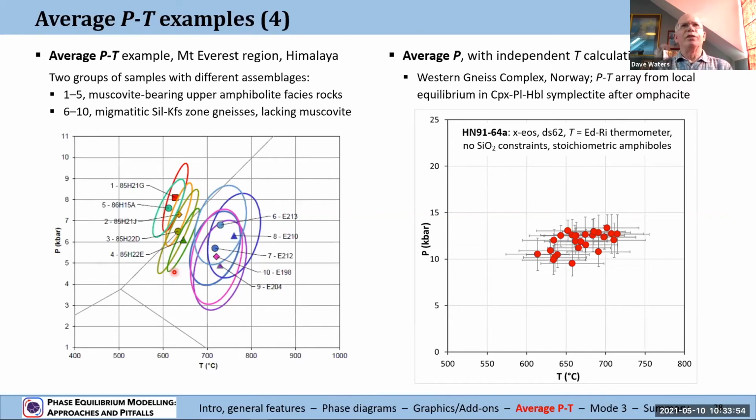This on the left, there's an average PT example. It's the one we saw earlier. And again, some ellipses on here because we're regressing both pressure and temperature. And the different shapes are due to the fact we're using different mineral assemblages, and the constraints may be different. You can see that the constraints look to be somewhat better in muscovite-bearing assemblages than in suprasolidus rocks without muscovite. And I'll return to that again in the uncertainties session later on. On the right, we've got a set of data which are computed from local equilibria within clinopyroxene,